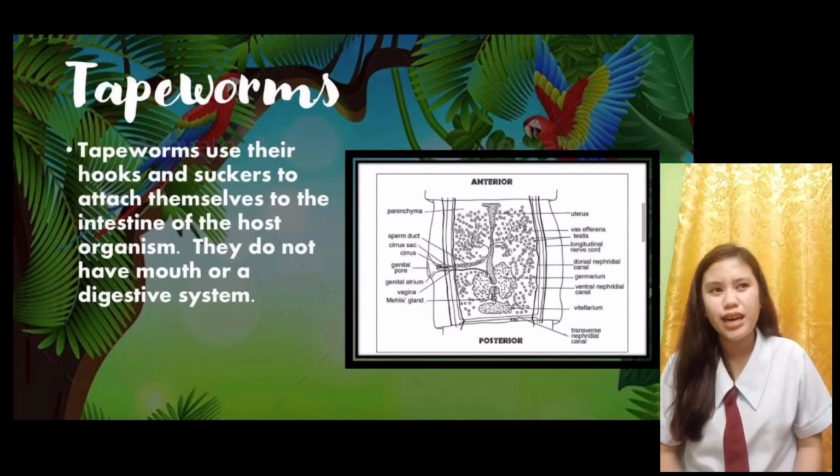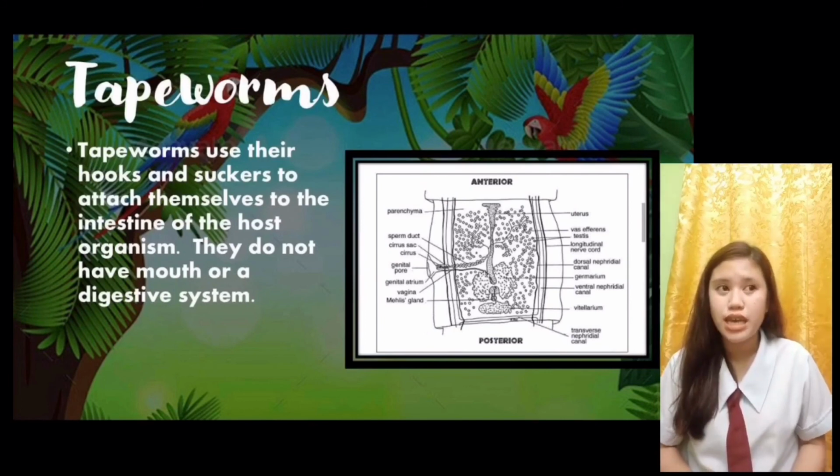So, meron talagang mga worms na maliliit doon sa kinakain natin na mga pagkain. Kaya dapat kapag nagluto tayo ng meat, i-make sure natin na lutong-luto talaga siya. Kasi kapag po ang pagkain na yun ay niluto natin ng maayos, mapapatay po doon yung mga mikrobyo na mayroon yung pagkain na yon.